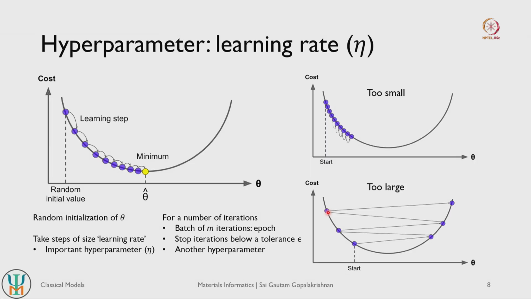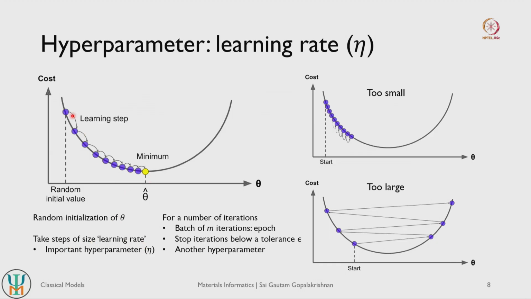Now if you take very large steps, for example, let us say you start here and you take a giant step, you may actually overshoot the minimum and go here instead. And same thing, if you start from here, maybe you overshoot the minimum again and then go here and so on. So you keep oscillating instead of actually identifying your local minimum. So whether your step is too small or too large, you are almost always going to spend a lot of computational effort and time in trying to identify your minimum. So we have to take some kind of optimal steps, so that we arrive at the minimum with as few computational efforts as possible.